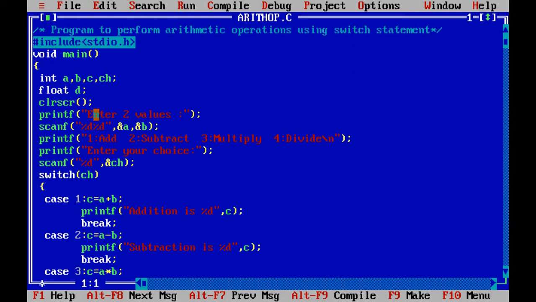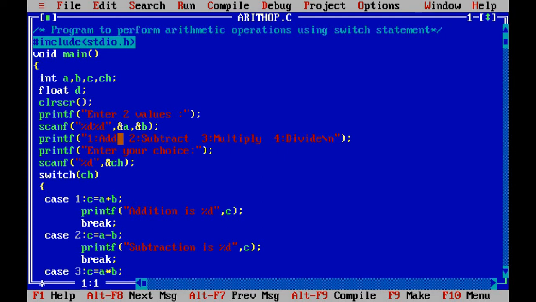Scanf %d 2 times, because two values will be read. The first value will be stored in the variable a, so &a, and the second value will be stored in the variable b, so &b.